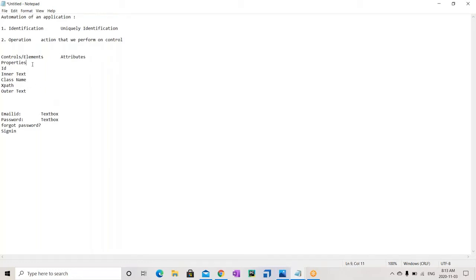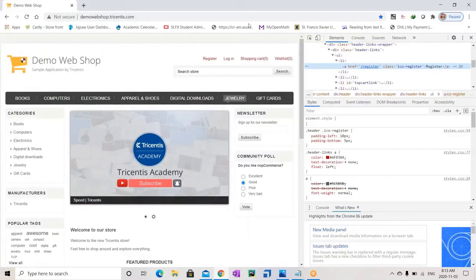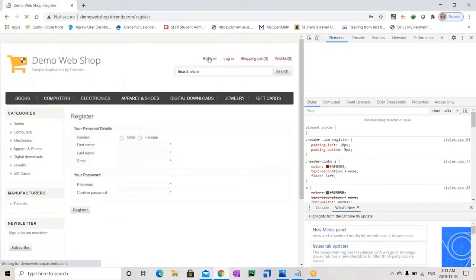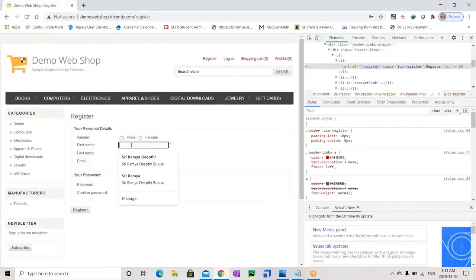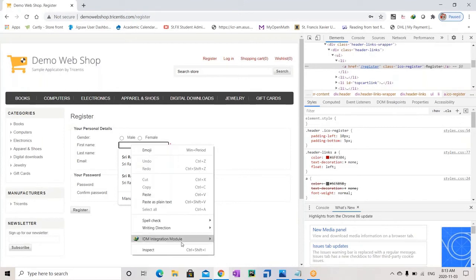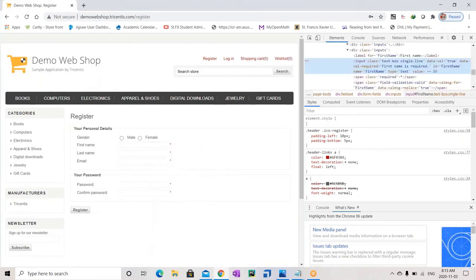And when you are looking at these properties, we should make sure that these properties do not change over time. What I meant by this statement is, let's go to this register screen. Now let us look at the properties of this first name field.